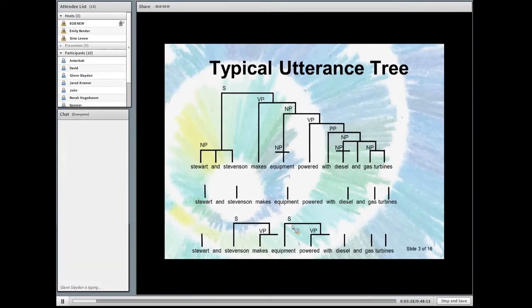Right. So this branch here, and these branches have been built on top of the words of the sentence. And you'll see that these branches are incorrect. The first branch here, Stevenson makes, the branch in the final tree has to include all of Stewart and Stevenson. So this branch is incorrect. The branch next to that, equipment powered, sort of ends up in the final tree, but the label on the branch is incorrect. So my point is that when a typical parser using bottom-up does all these things,